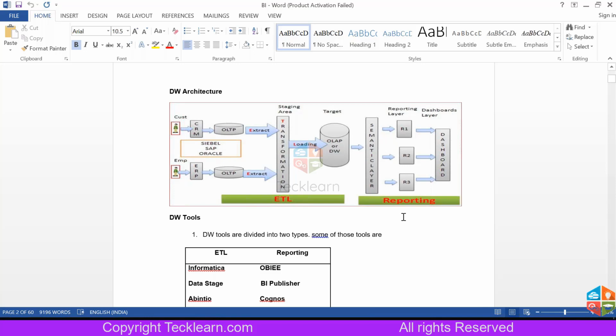What is the difference between logical and physical? Physical means you're going to create a table in the data warehouse for some left outer join condition. Whereas in the semantic layer or the RPD, you will do it in a logical way. It means you're not going to touch the data, but you are indirectly writing a SQL statement which will hit the data warehouse and get the data as per your requirement. That is the beauty of the OBIEE RPD or the semantic layer. Once you're good with the RPD part, you will move to the front-end dashboards or the reporting side, where you will be creating the front-end reports.